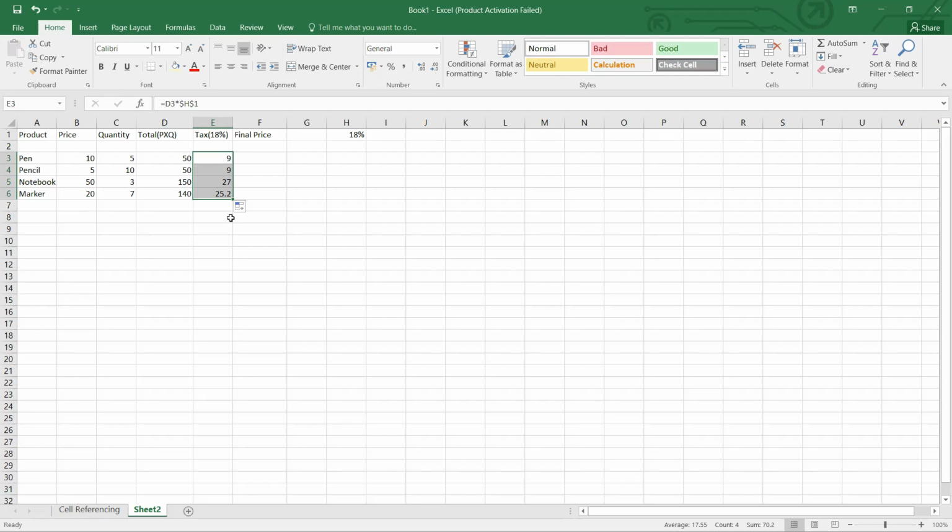Now to get the final price, we'll use the mixed reference. Why are we going to use the mixed reference over here? So here in simple, because we want to simply add, so I'll just simply use my equal sign and this value and the other value, that is my E column value.